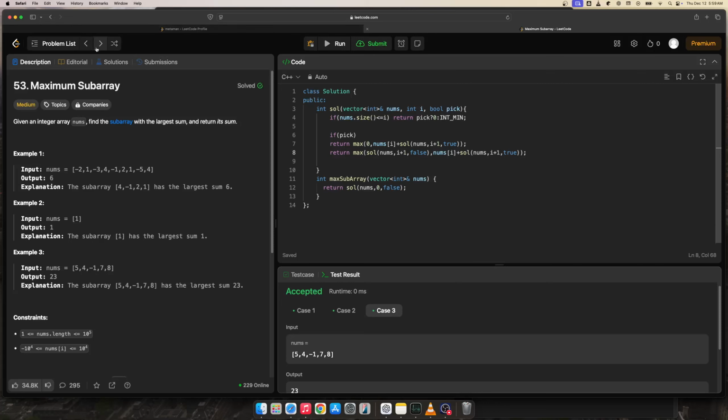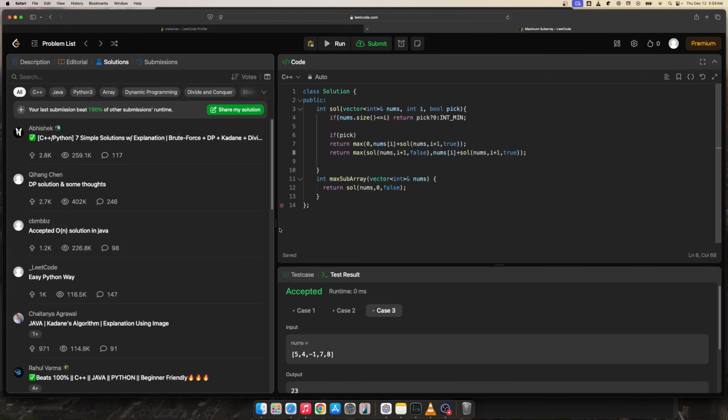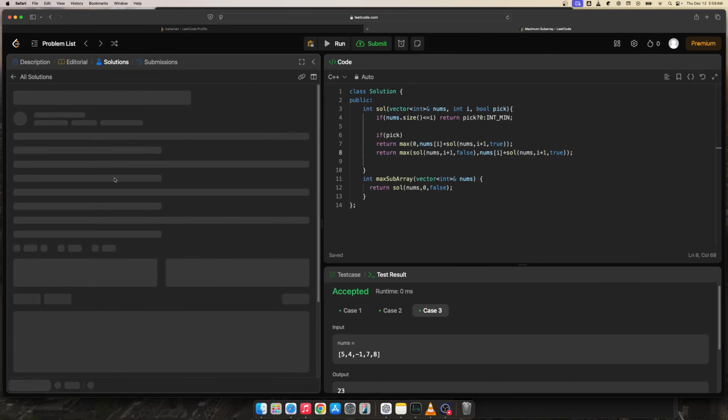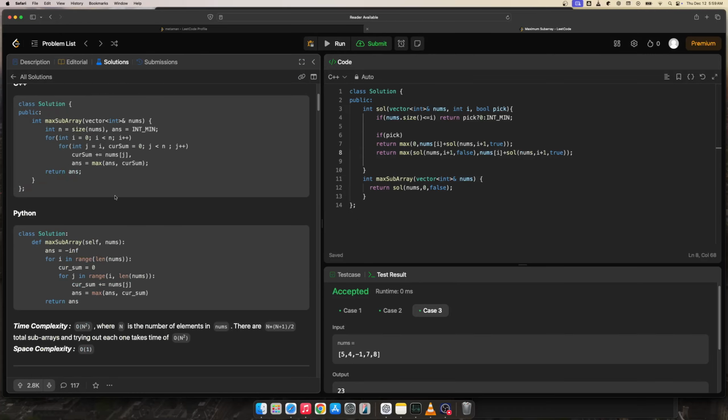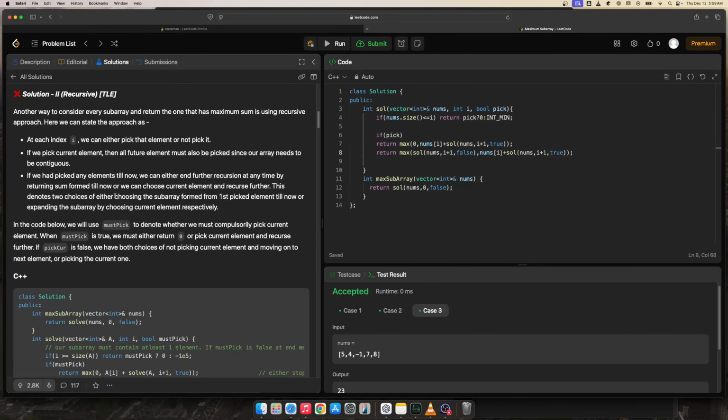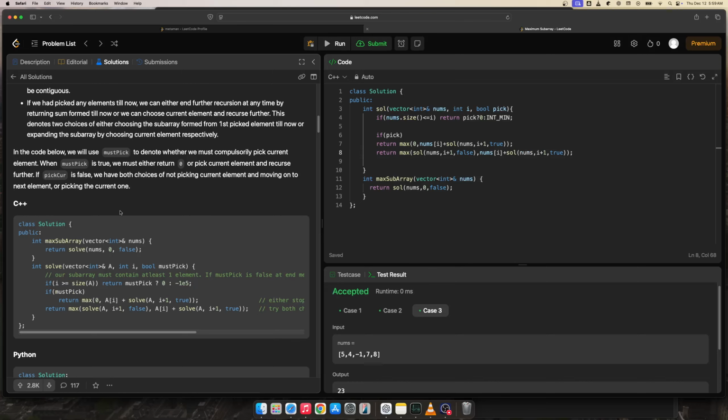Let's see the solution here. So it is saying